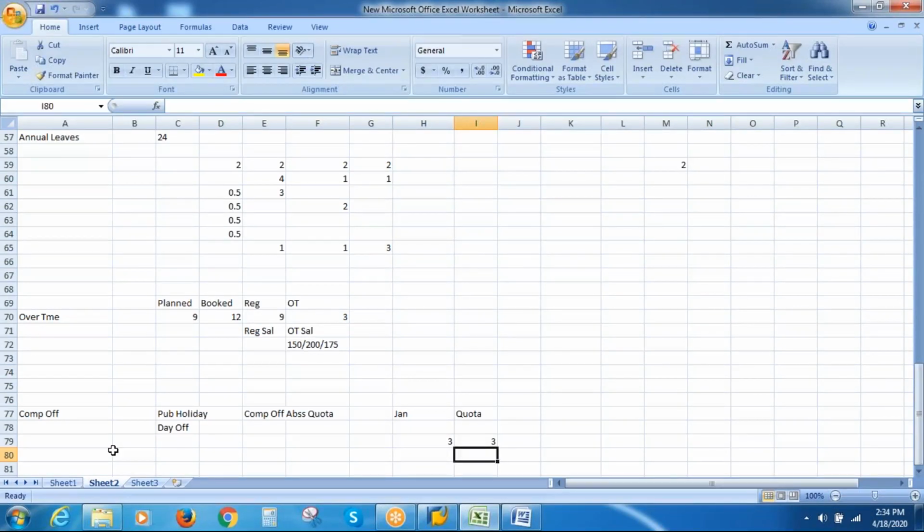Is that apart from the 24 leave? Yes, 24 leave, because he has worked on a public holiday and day off. So obviously, he has to be compensated. Either he has to be paid overtime, or time has to be compensated. So usually employers will give a comp off. That is called time in lieu, or comp off.